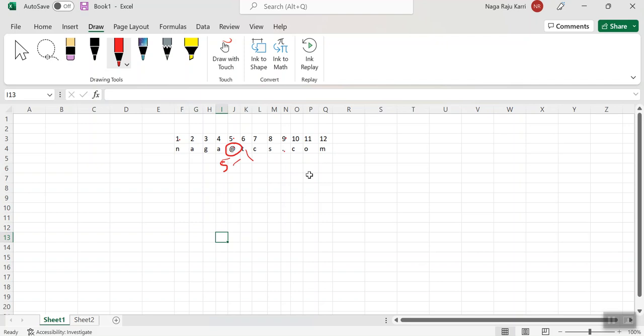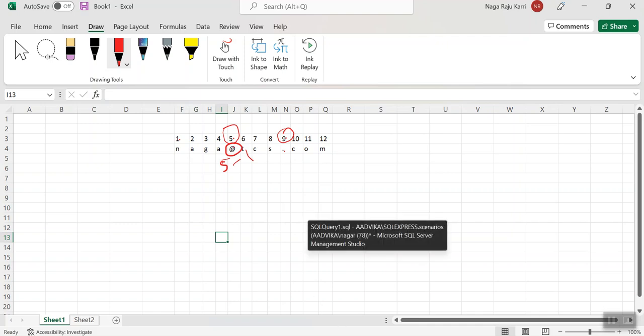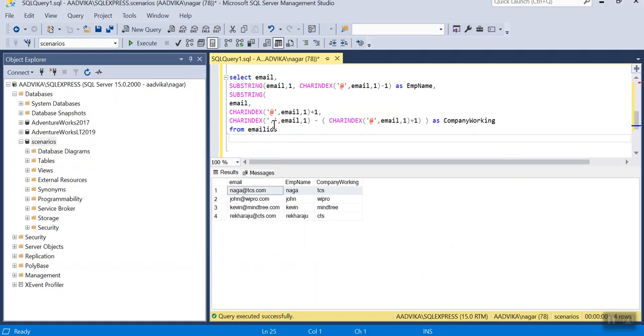So what you are doing here, you have to identify the dot position, and you have to identify the at the rate position. So based on this, we can extract the data, TCS. So if you see here, I'm finding the dot position, that is 9 here, minus I am finding